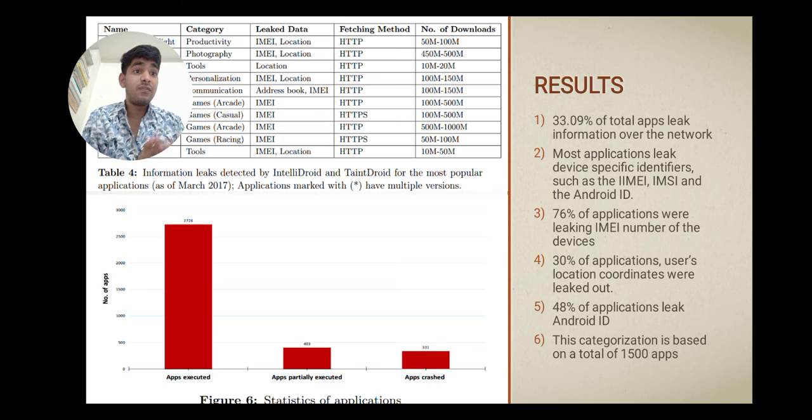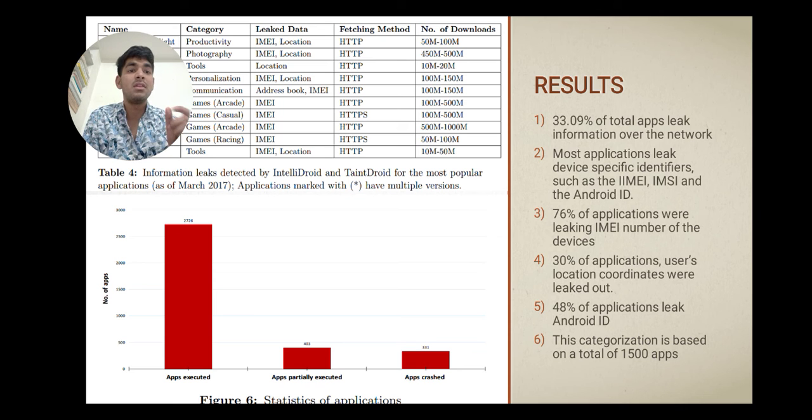Then the result is that 33.09 percent of total apps leak information over the network. Most applications leak device specific identifiers such as the IMEI, IMSI, and the Android ID. 76% of applications were leaking the IMEI number of the devices. For 30% of applications, user location coordinates were leaked. 48% of applications leak the Android ID.